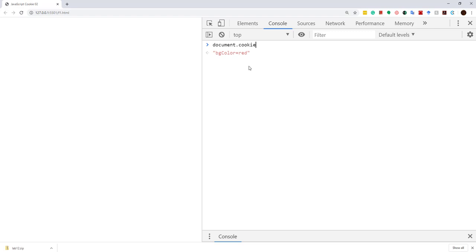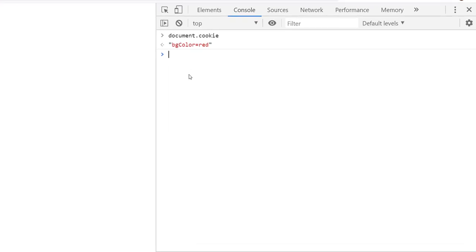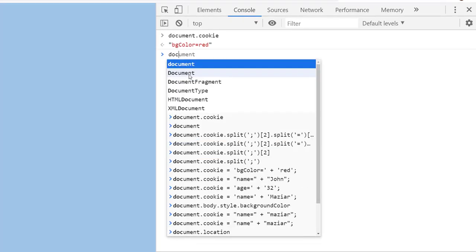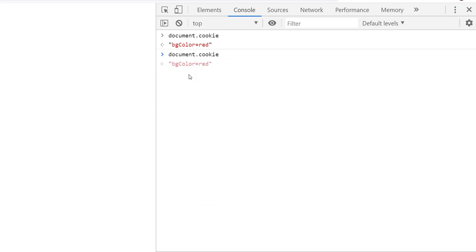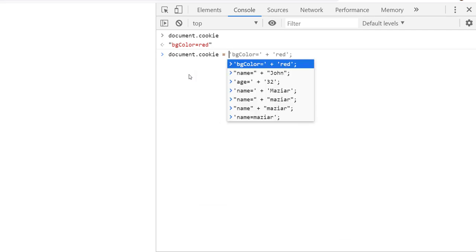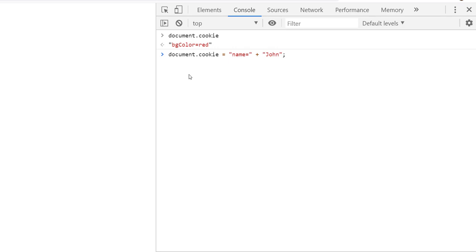So right now in this browser, I have a cookie, and as you remember, cookie consists of two parts, name and the value. So the name is BG color and the value is red, right? I can keep adding the cookie to this document if I need to. In order to add a cookie, I simply go ahead, write the same thing I did to retrieve the cookie, make it equal, and then I'll give a name. So in this case, I say, okay, I want you to save a cookie. The field name is name and the value is John, right? So it will go and create another cookie in the browser for the same domain, which in this case is